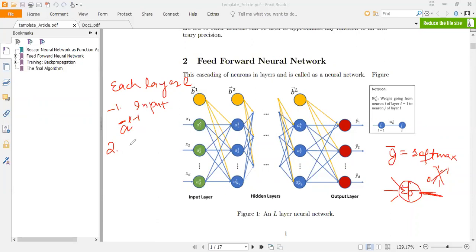The second thing is we compute the Z vector. For each neuron, as I said, there is an aggregator. So each neuron will produce one Z value, that aggregation value, which will be Z^L. Then that Z^L will be passed to the nonlinearity, and we will compute the activation. So this is called the pre-activation, and this is called the activation of a particular neuron. And then associated with each layer, there are 2 parameters. One is the weight matrix,